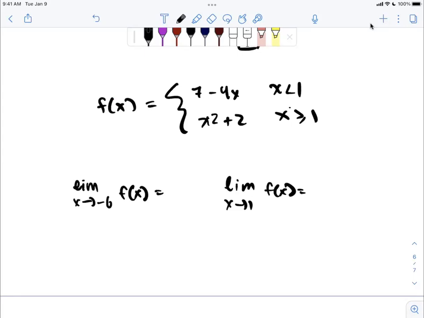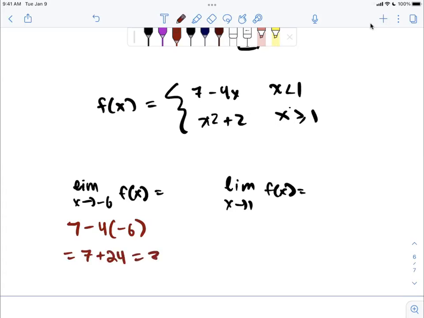All right, so when x is going to -6, well, now we're well into this range. -6 is less than 1. So we don't actually have to worry about multiple sides because it is just defined to be this polynomial equation around -6. So we just plug that straight in. So that's going to be 7 minus 4 times -6. So that's 7 plus 24,